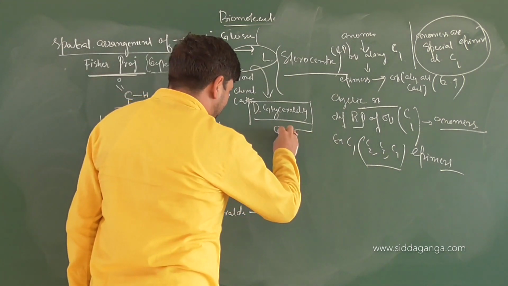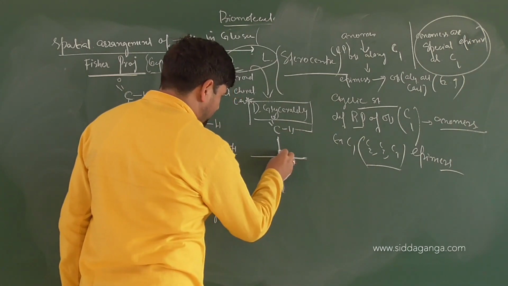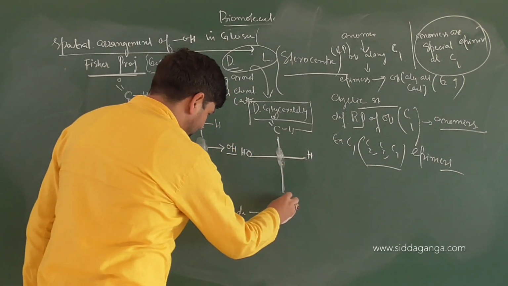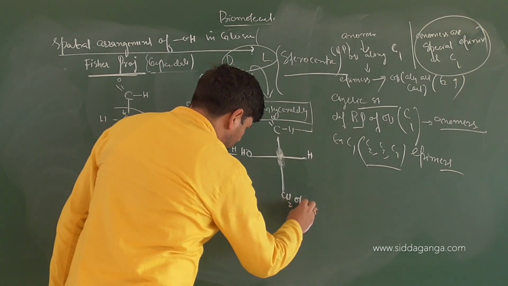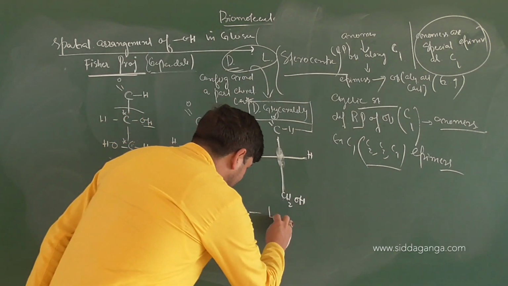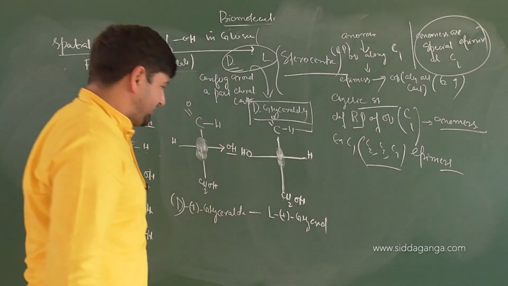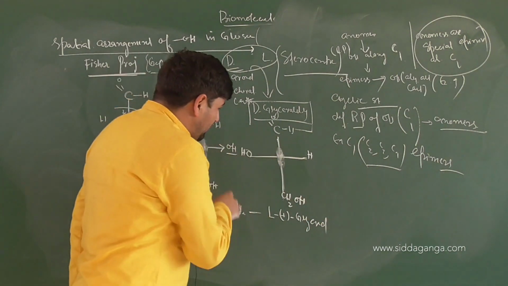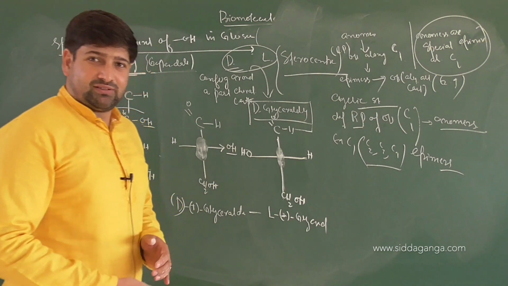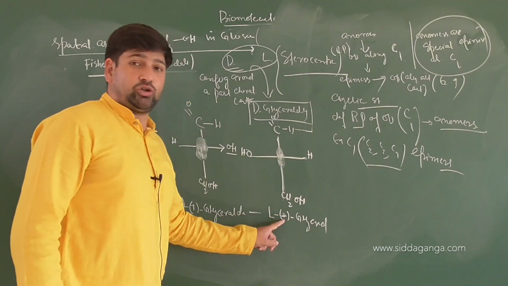And if you have C double bond O, then this is again the stereo center for us. OH is on the left, CH2OH, and naturally, keep it in mind, it becomes L plus glyceraldehyde. Now have a look at this carefully. It is L, but the naturally occurring one, which is the L form, is levorotatory. Luckily, it rotates the plane of polarized light towards what? Left. But this L has nothing to do with it.